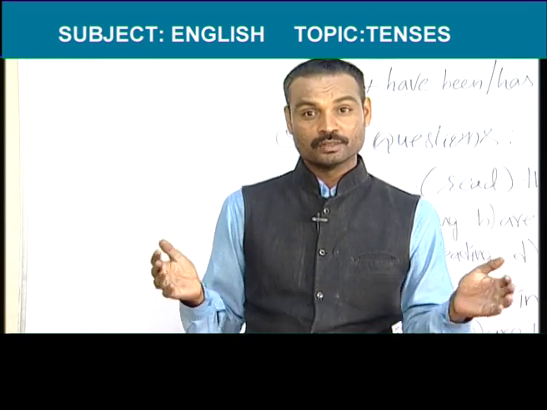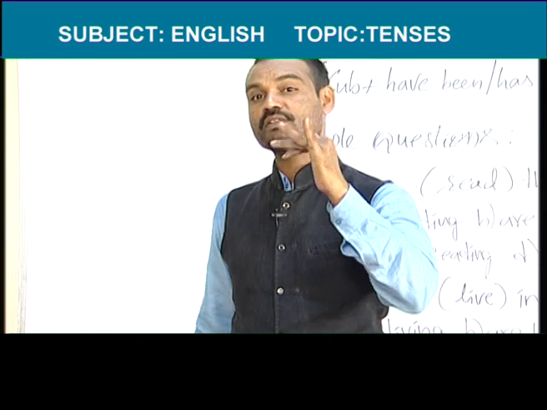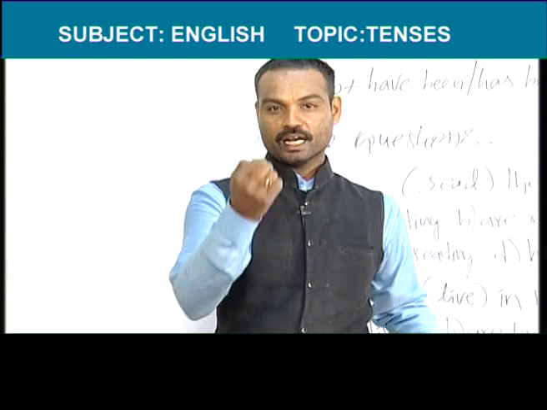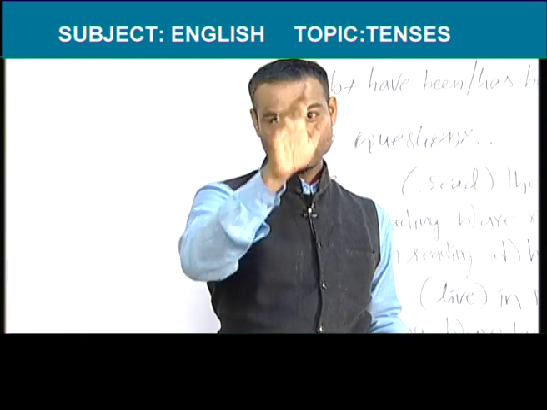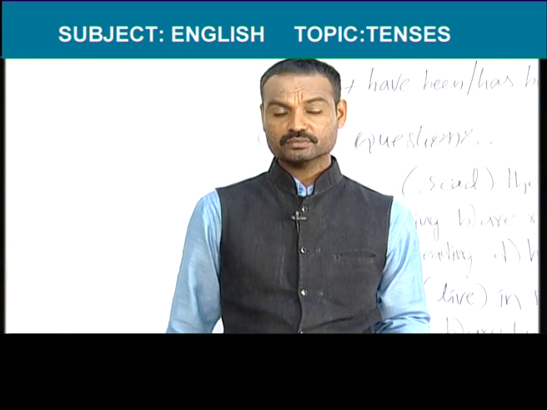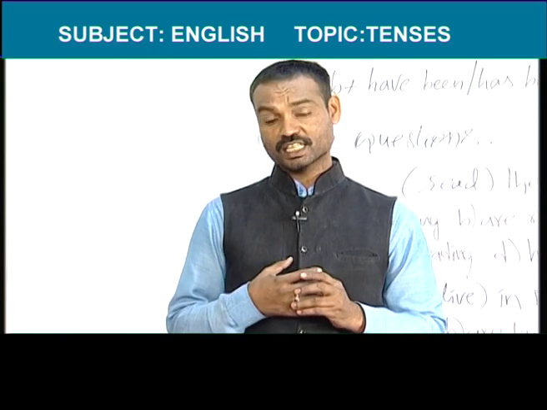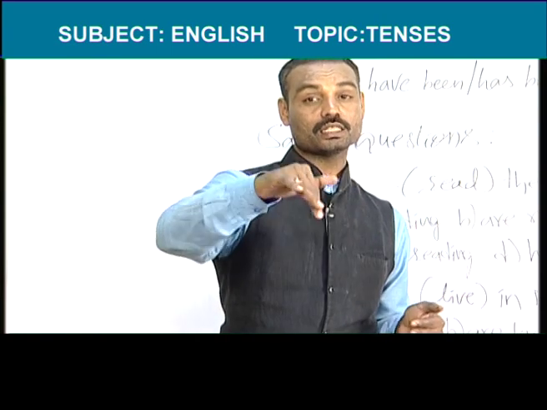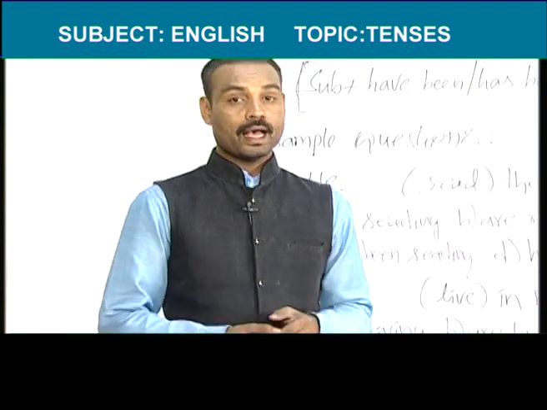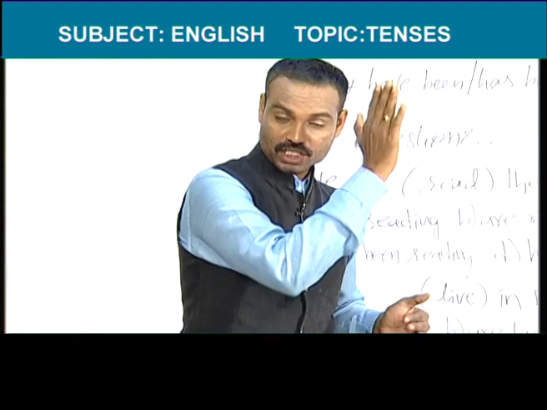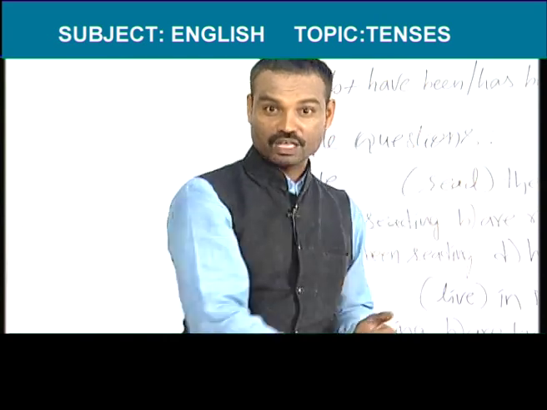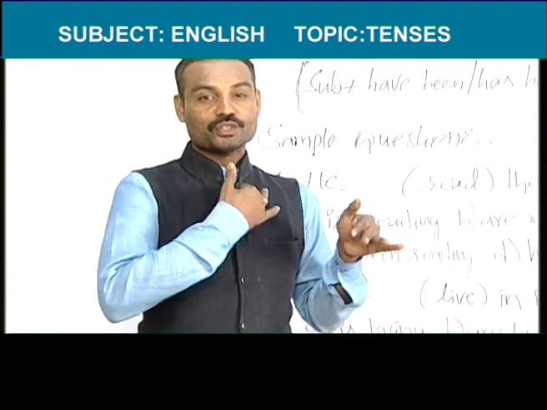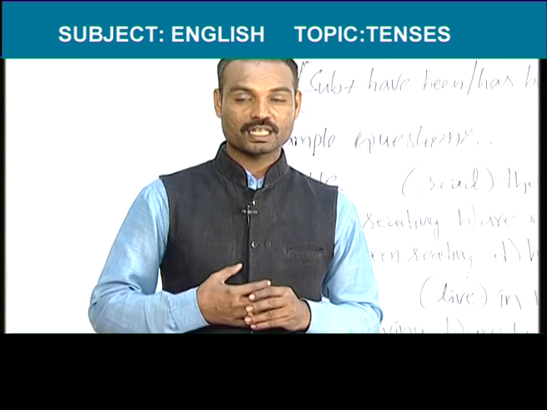In present continuous, there are 3 helping verbs. They are am, is, are. Am is used after I, are is used after we, you, they and any plural, and is after he, she and any singular. These are the 3 helping verbs of present continuous. And how to write sentences? After I, am is used, after we, you, they, are, after he, she, is. Example, I am watching TV now, we are watching TV now, you are watching TV now, they are watching TV now, he is watching TV now, she is watching TV now. So my friend is watching TV now, my friends are watching TV now. So this is the process of writing sentences in present continuous tense.